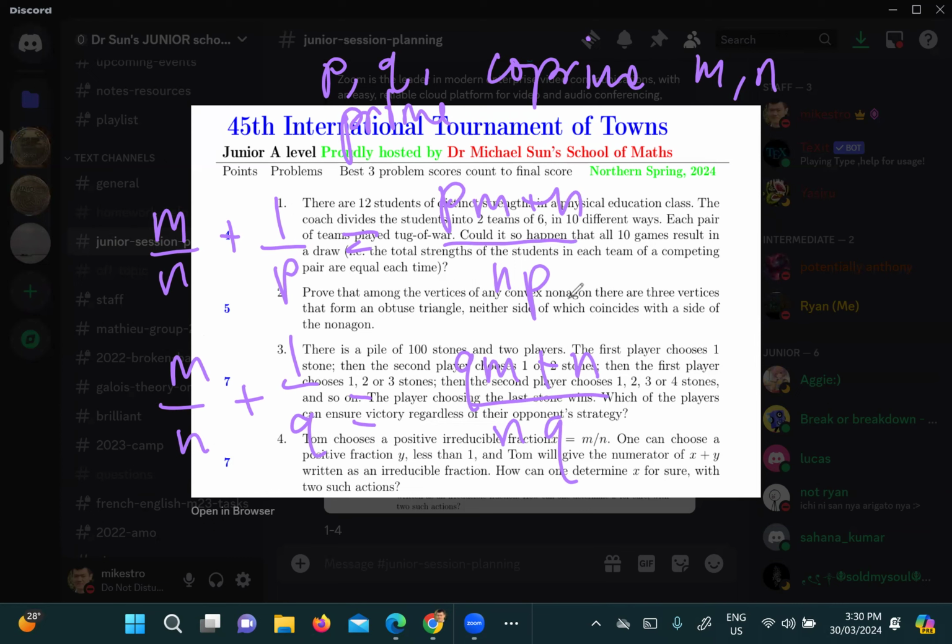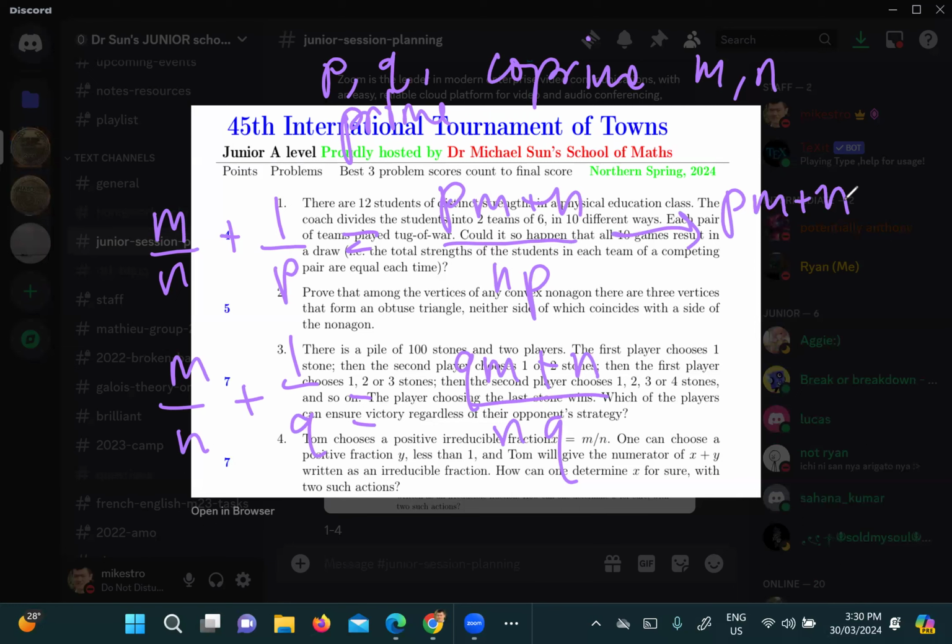Okay, so if these numbers are prime, then these fractions are already simplified. Because the N cancels with the N, so if it cancels here, it has to cancel with either the P or something in the M, right? But we already know it has nothing to do with the M, and the P is defined to be co-prime, so it doesn't cancel with the N. So the numerator is PM plus N,